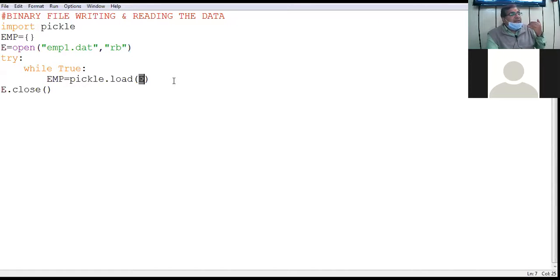Now you are reading the records from the file, and you are storing the record in your sequence. And what sequence have you taken? Dictionary, right? As and when you are reading the record, side by side you are printing the records. Am I clear up till here? Now let us go with the exception block.